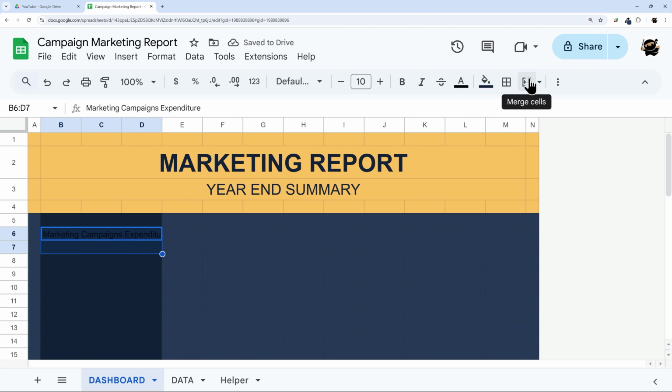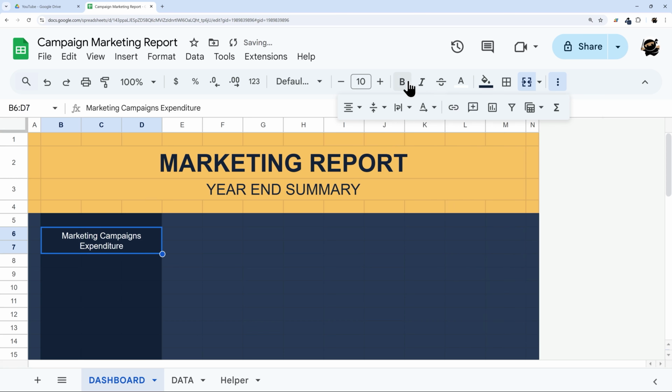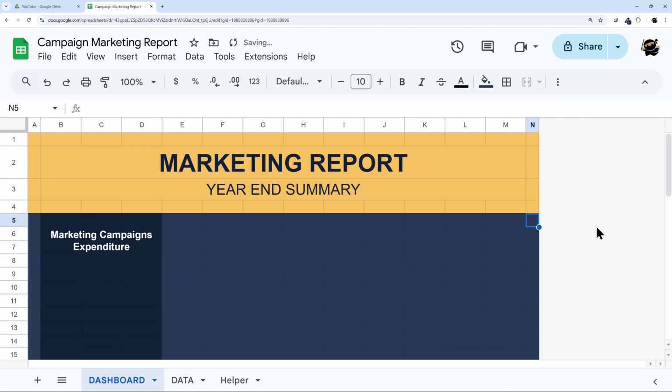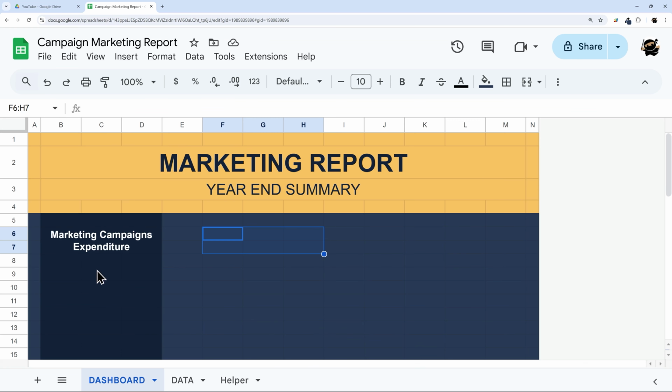And then probably going to merge this with the one below it. And then I'm going to wrap it so it fits within horizontally and vertically align it. And then change this to probably white. And then I think bold and 12, something like that. Other thing we could do here, since we're going to put our campaign 1, 2, and 3 here, maybe I'll